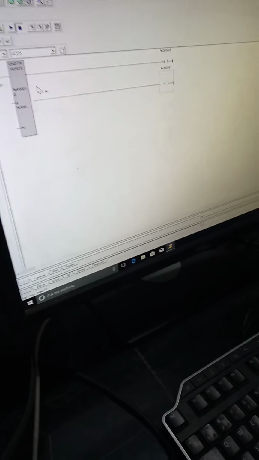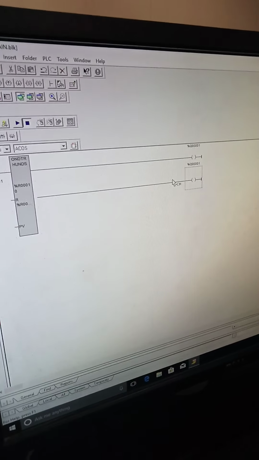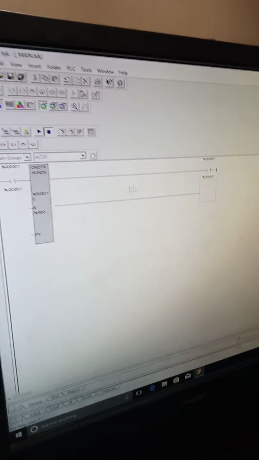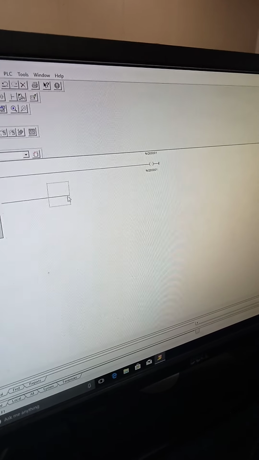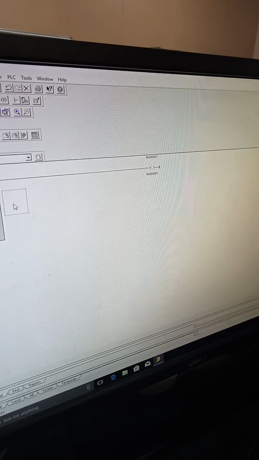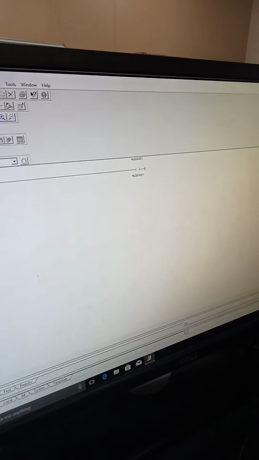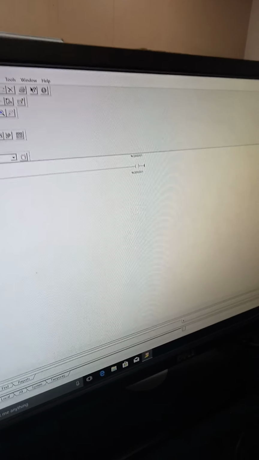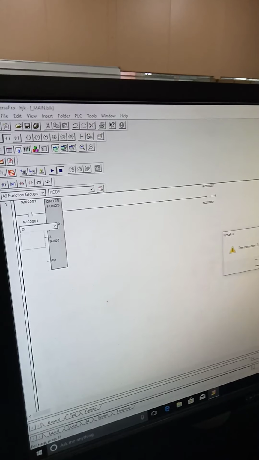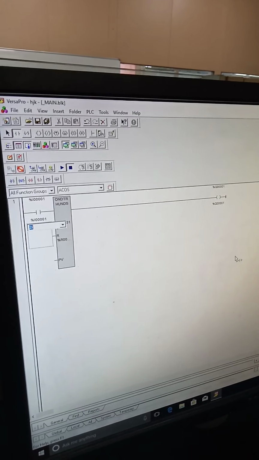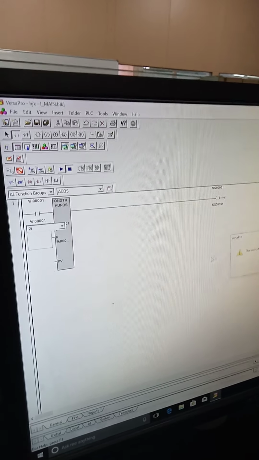Now address is 1Q. Output address is 1Q. Then for resetting, you will be making use of your second input. So 2I I have to do it.